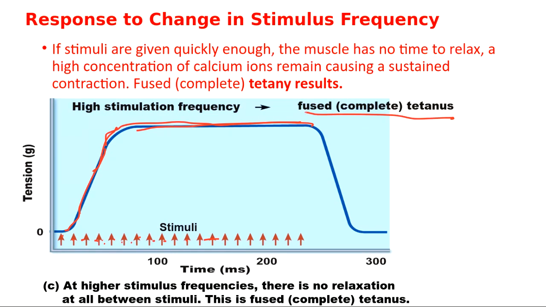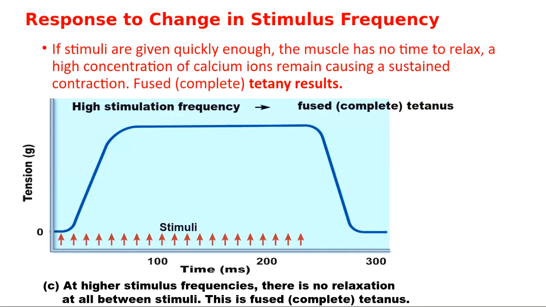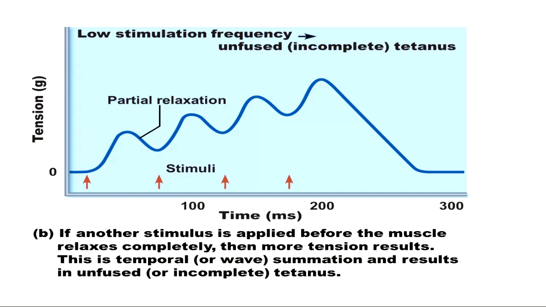So you should be able to distinguish between incomplete tetany, here, in which partial relaxation takes place, versus complete tetany, in which no relaxation takes place. We do this to our muscles all the time. So for example, you're trying to lift a heavy object. You create a stimulus and the tension created is not enough to lift the object. So without relaxing, you stimulate again, creating a stronger contraction. That doesn't do it. You stimulate again until you reach peak contraction,